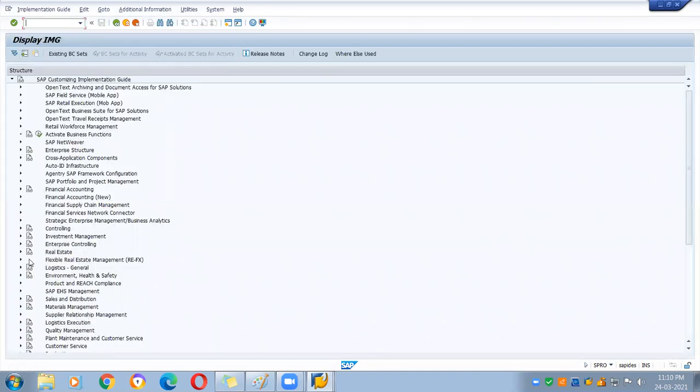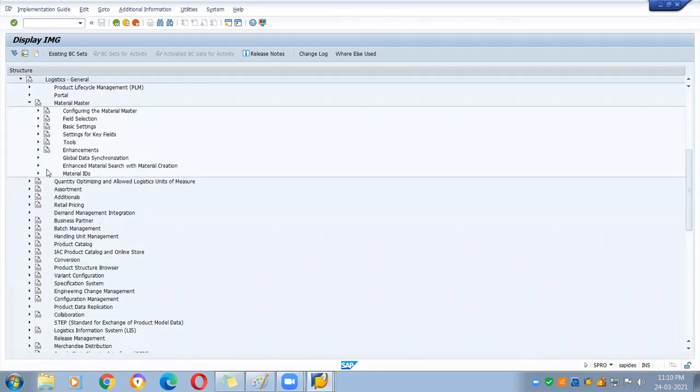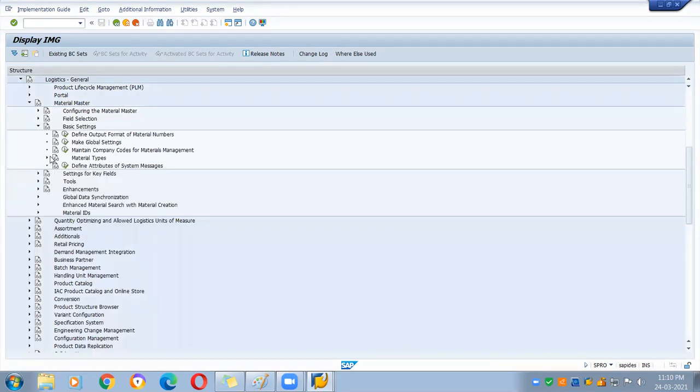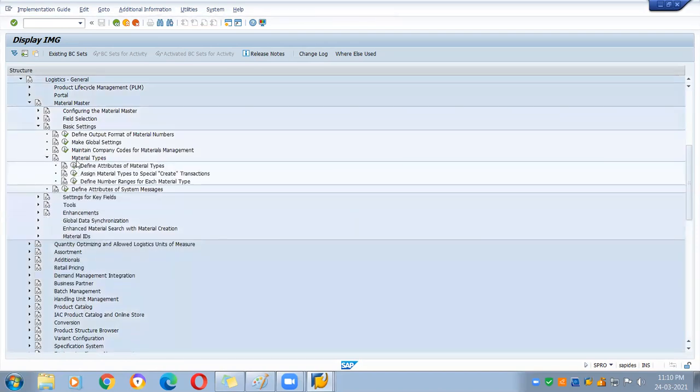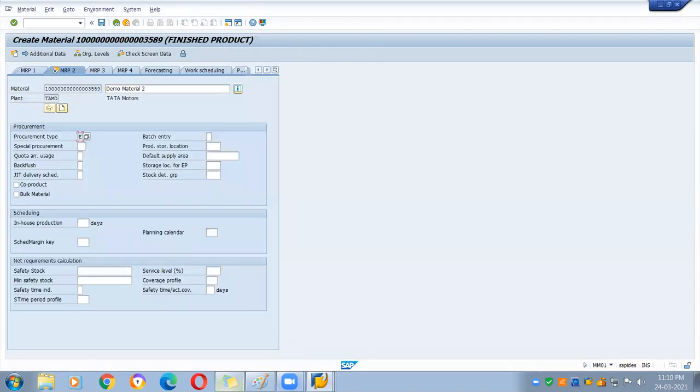In the configuration you will find it in Logistics General. You will go and check it over here, Material Master, because this is a setting that is applicable to the material masters. And then we have Basic Settings, we have Material Types over here, and then we have Attributes. So we are going to define one attribute, a new material type, Z1.